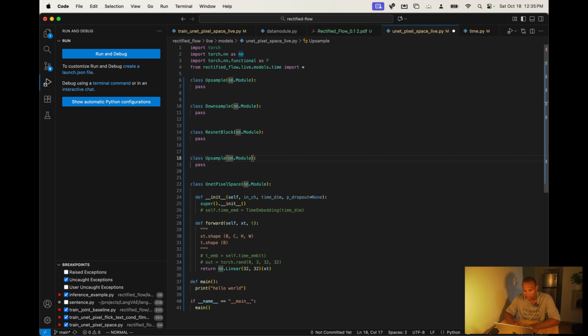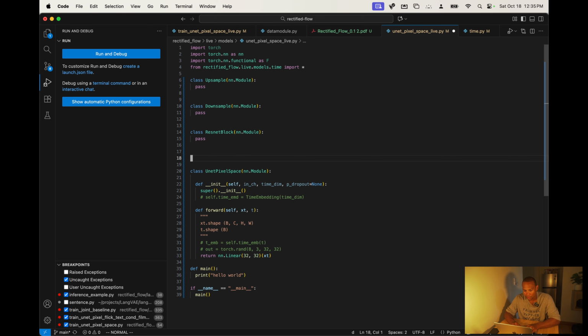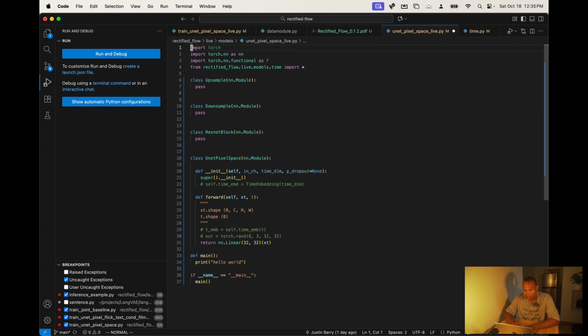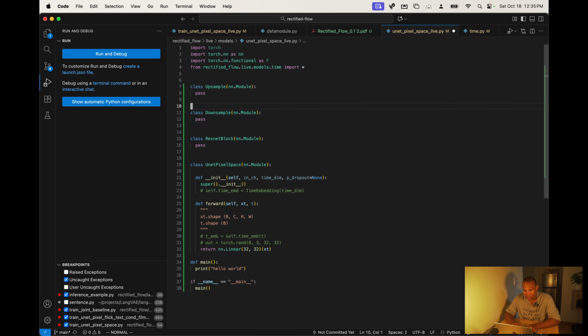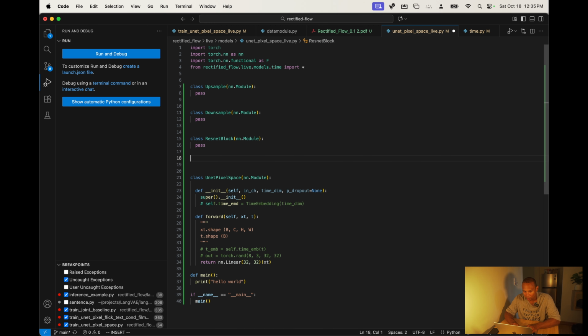And I think that's actually it. So the ResNet block, what we're going to pass in, the XT and T,